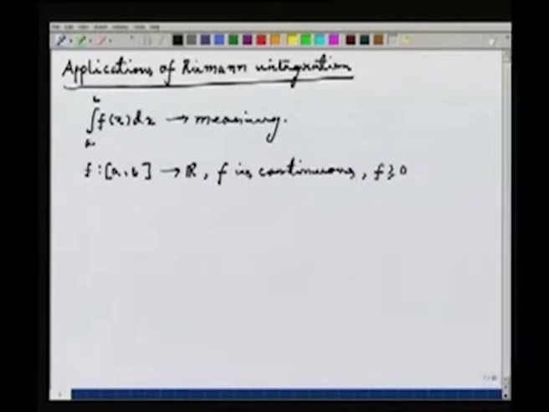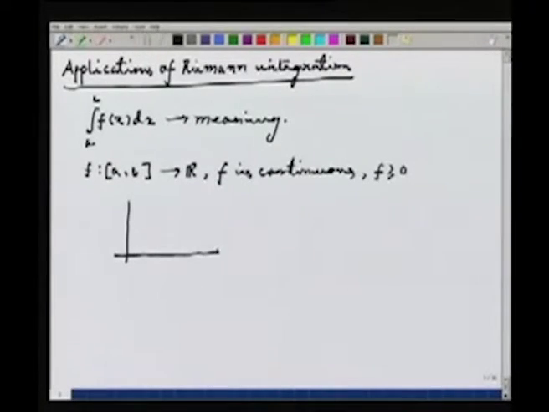Well, for the purpose of integration, that is not needed. All you need is that your function is a bounded function. Then you can talk about Riemann integration of the function. It's a different matter whether the function is really integrable or not. But the Riemann integrable functions are necessarily bounded functions. Now here I am taking an extra assumption, f non-negative. Then let us say